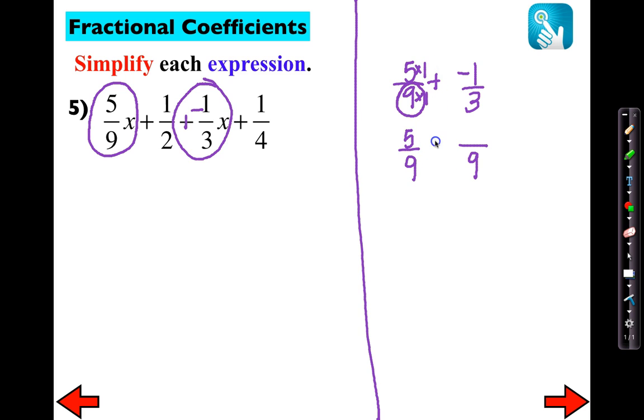I'm going to go ahead and bring down the plus sign. Now, is a 3 a 9? The answer is no. So I could make it into 9 by simply multiplying by 3. So 3 times 3 gives me 9, so I'm going to have to multiply this by 3 as well. Notice it's a negative 1 times 3, so that's going to give me a negative 3. So here the denominator is going to remain a 9. I'm going to do 5 plus negative 3, so that's going to be a positive 2. So now we're left with 2/9 x,